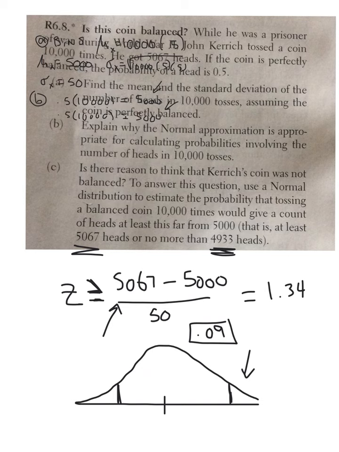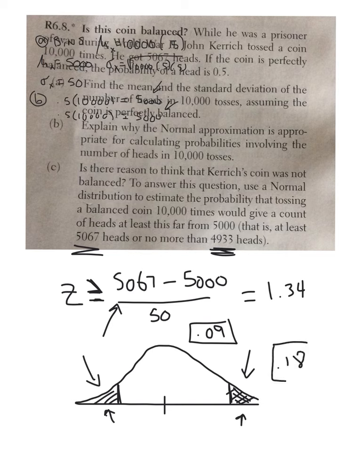So, in other words, we have to add, here, we're here, and here. So what's the probability that we get more than that many heads or less than 67 heads? More than 67 heads, less than 67 heads, and then we add those two together. So the answer should be 0.18